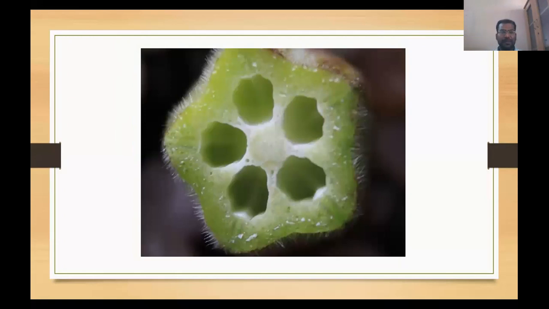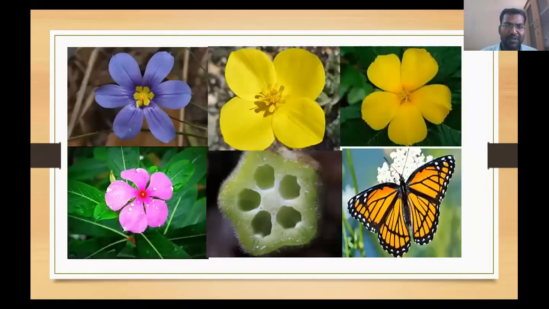With the help of that figure, everybody is understanding that this is a cross section of a lady finger. This lady finger indicates that there is a proper 5-fold symmetry present, with identical images, and specifically the symmetry is present in the given model. Combining all the figures, if you observe,